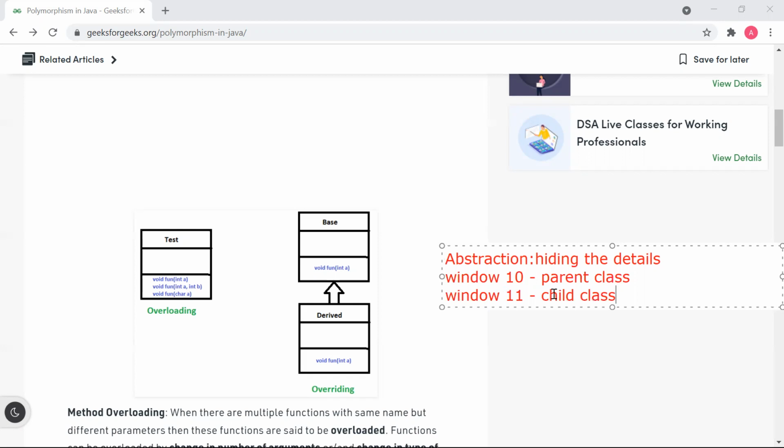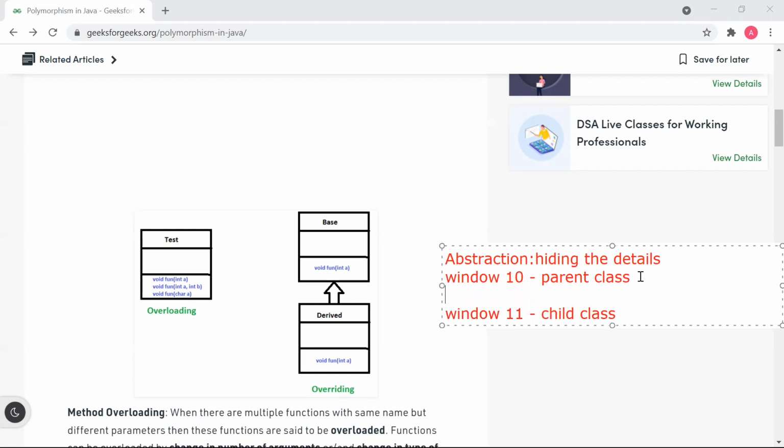So abstraction means hiding the detail. Suppose you decided to add some applications, like screen recording or gaming, in Window 11.